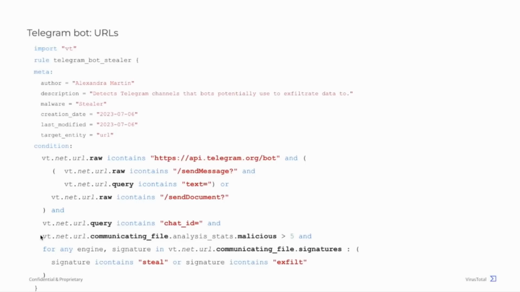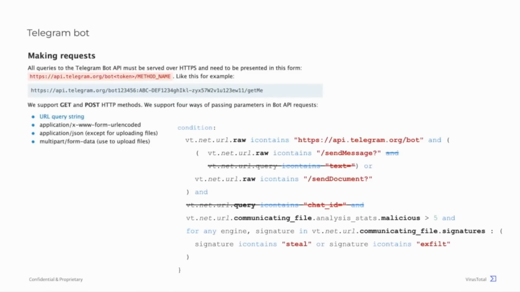Then, the next condition checks for malicious files that are communicating with our URL and detected as malicious by at least 6 AV vendors. And the last one is checking the AV vendor verdicts to include the steal or the exfil key strings. Now, if you check the Telegram API documentation, it supports both GET and POST methods